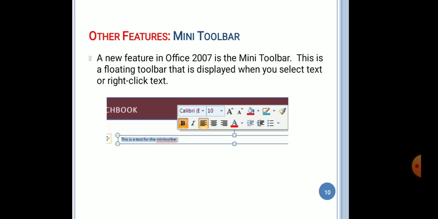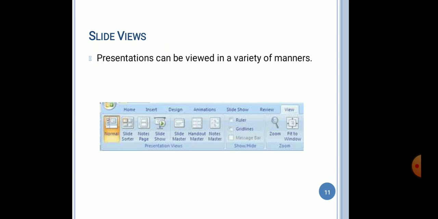Then dear students, there is also another feature that is the mini toolbar. So dear students, basically this toolbar is displayed when you select the text or right click the text. So here you can see this is our mini toolbar. So also in MS PowerPoint we have slide views.